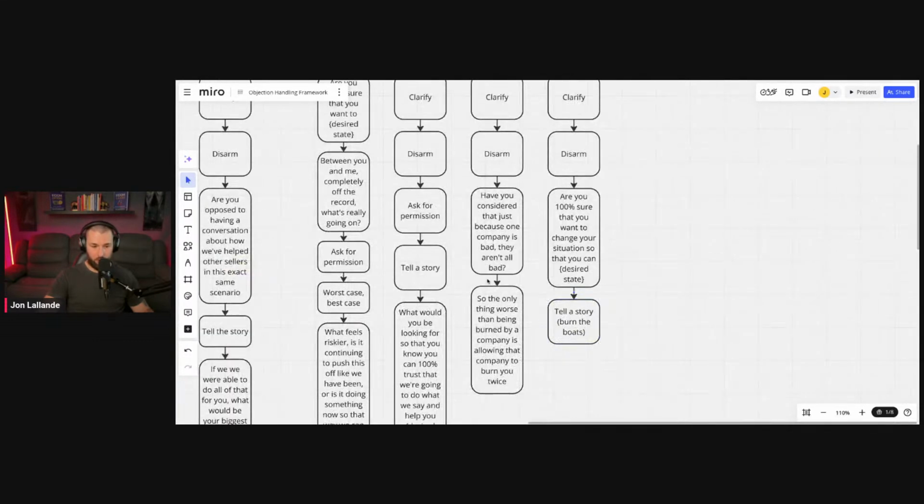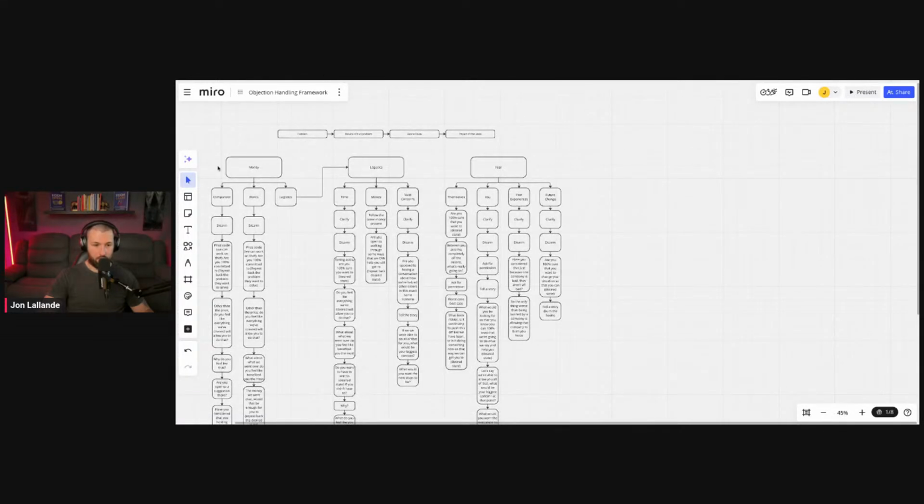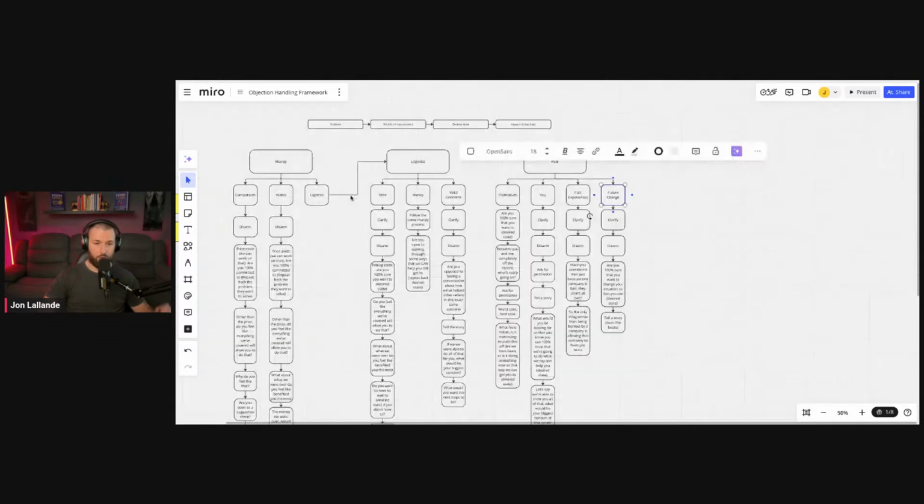We are going to use the Burn the Boats story, right? So we've gone over money with comparison, wants, logistics. We've gone over time frame. We've gone over valid concerns, and we've gone over fear: fear in themselves, fear in you, fear in past experiences, and fear in future change. So if you get another objection, let me know. I have been doing this for years, had thousands of sales calls, and all of them boil down to this: you clarify, you probe, you disarm, you get the commitment, and then you move into the objection handles.